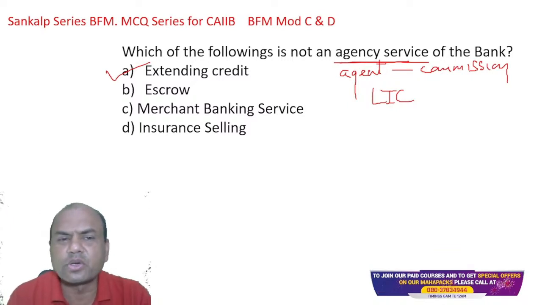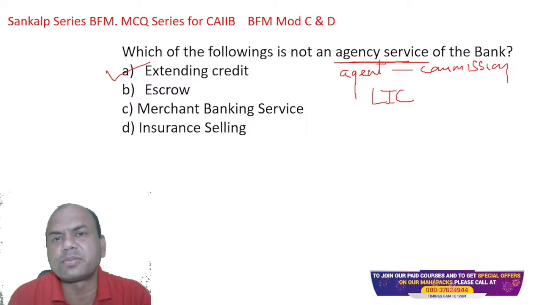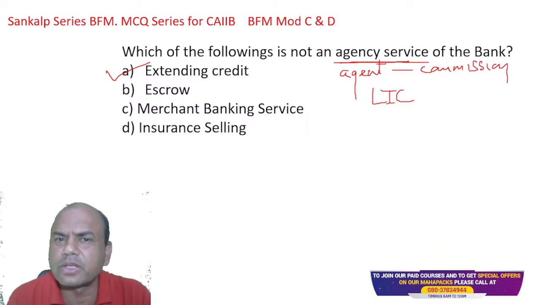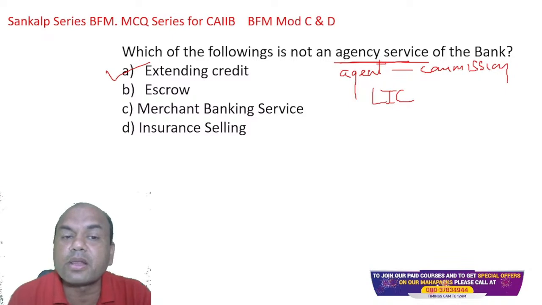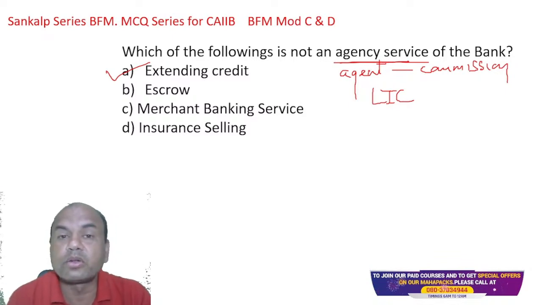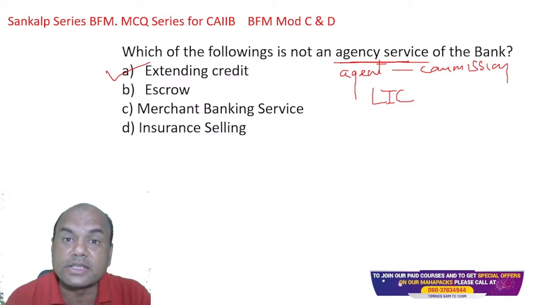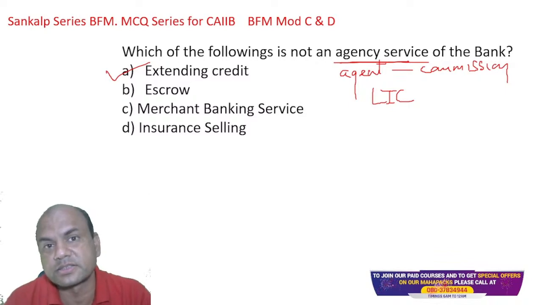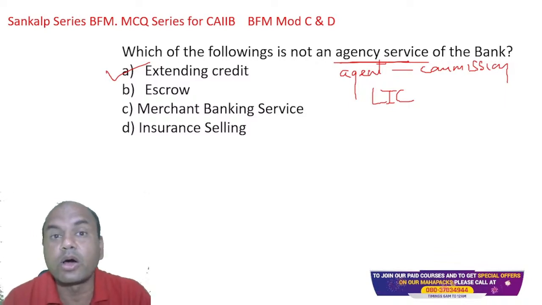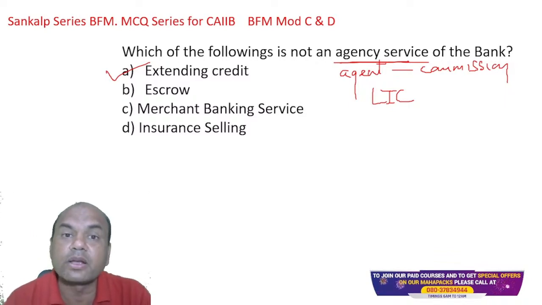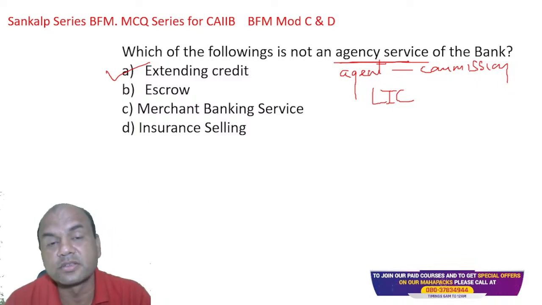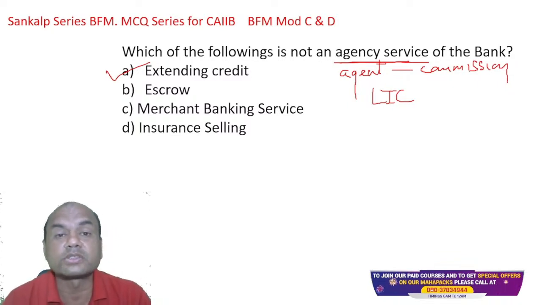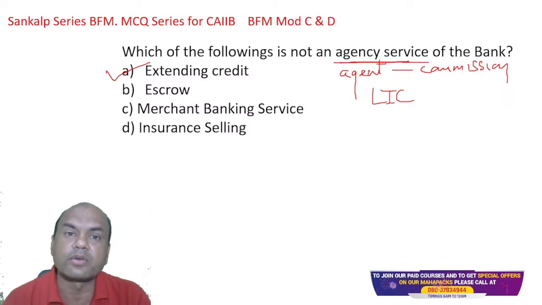Escrow will take a lot of time, otherwise I would have explained it. I'll just give you a one-liner. Escrow is a temporary account. When two parties don't trust each other and they have some funds in common, this is generally done in road contracts by large companies, or even two buyers and sellers in different countries. If they don't want LCs, if they don't want the cost of LCs, they use this escrow account.